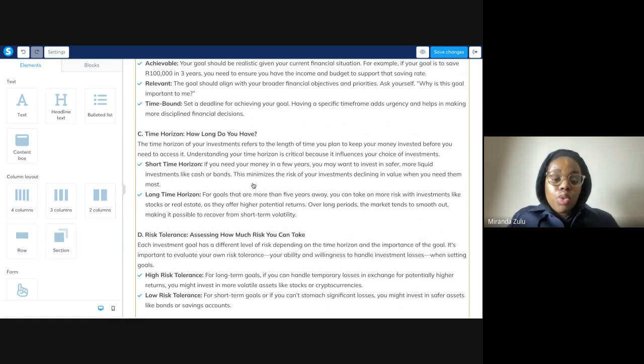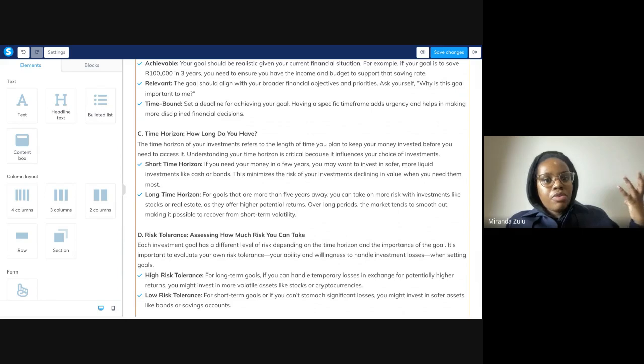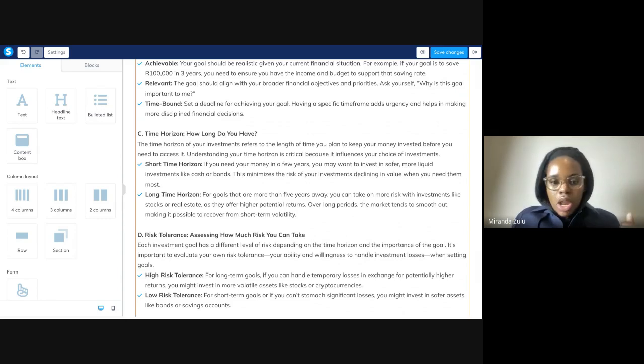Time horizon is also really good to answer. A lot of the times, older people, maybe nearing retirement, who are investing for the first time, maybe someone in their late 40s, 50s, their horizon is much shorter. So the things they'd invest in are very different as opposed to someone who is in their 20s, just starting out a new job, or maybe even in your 30s, looking to invest for the first time. Your horizon's a bit different as well, but also your risk profile and risk appetite.